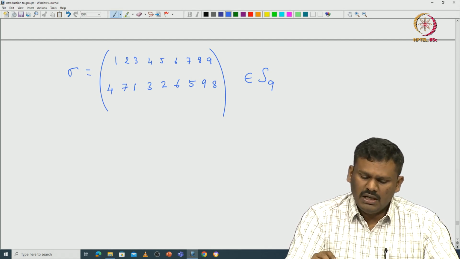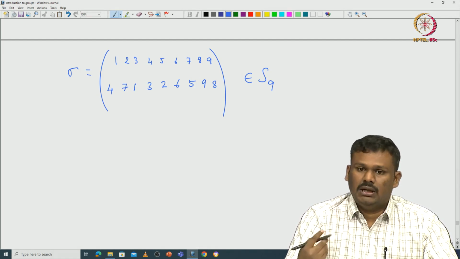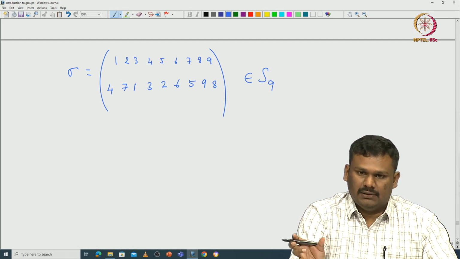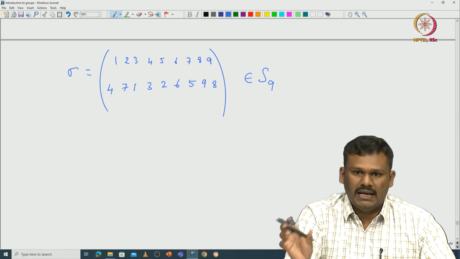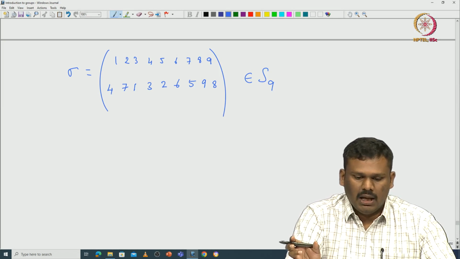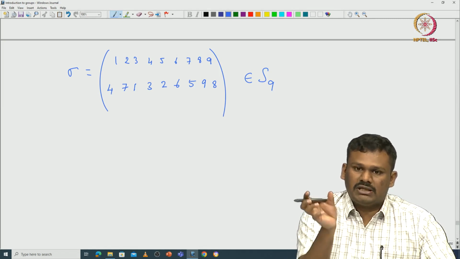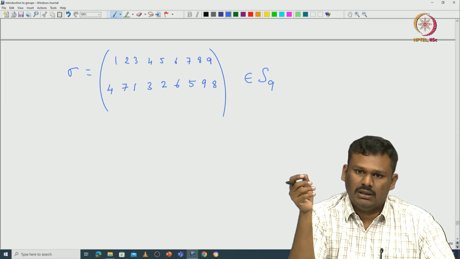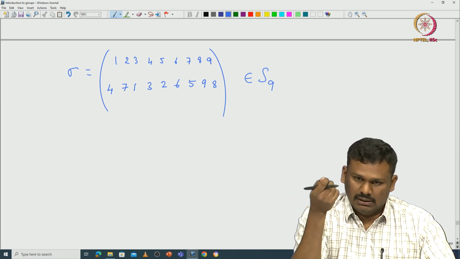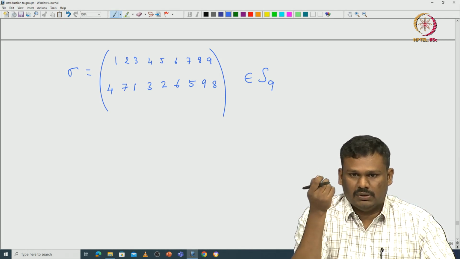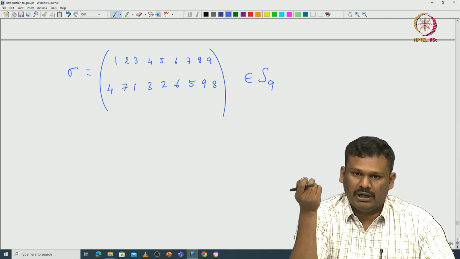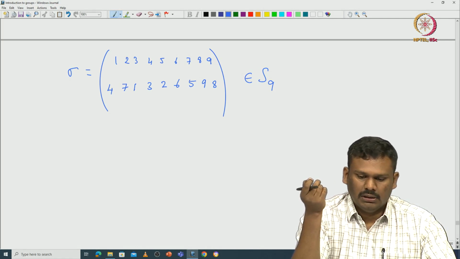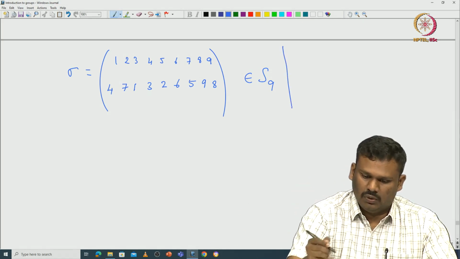If you are able to write a given permutation as a product of disjoint cycles, you can see that each cycle that appears in that decomposition does not interact with the others. And if you fix one cycle and look at its action on some element, some index in that cycle, all other elements in that cycle can be obtained by applying that cycle repeatedly on that particular index.